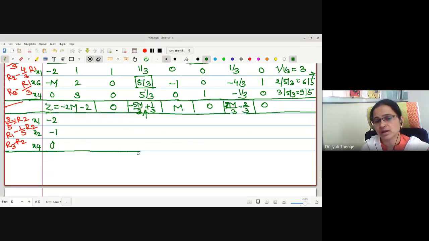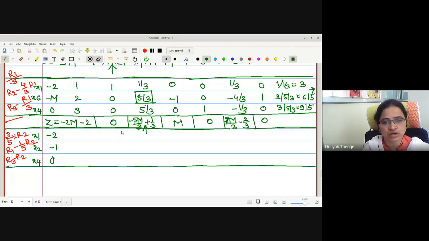First possibility, na? Actually, what we have written after using the usual simplex method, 3 possibilities arise. No artificial variable appears is the first possibility, and that we have obtained. Okay, let us find these entries. First, we will write all the basis columns: X1, 1, 0, 0. X2, 0, 1, 0, no? And X4, 0, 0, 1.